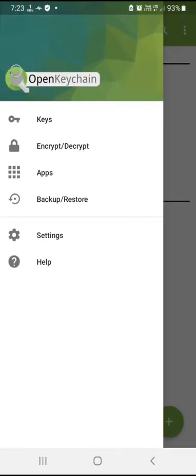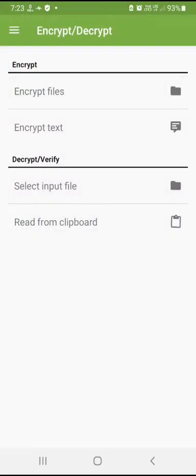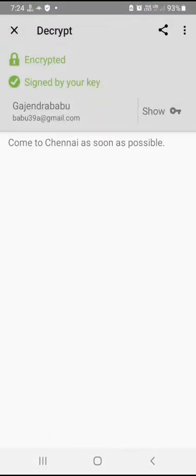Select it, and then go back to encrypt decrypt, select the second option, encrypt decrypt, and now you will be here. Assume that I am Rakesh. I have already copy-pasted the encrypted message from the email into my clipboard. Now if I click this read from clipboard, I can read the message, come to Chennai as soon as possible.